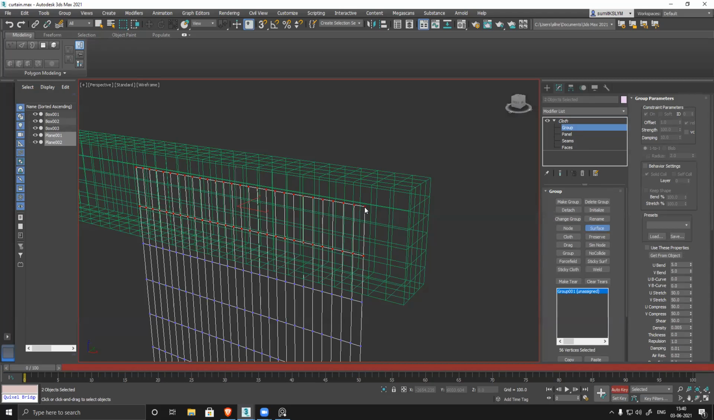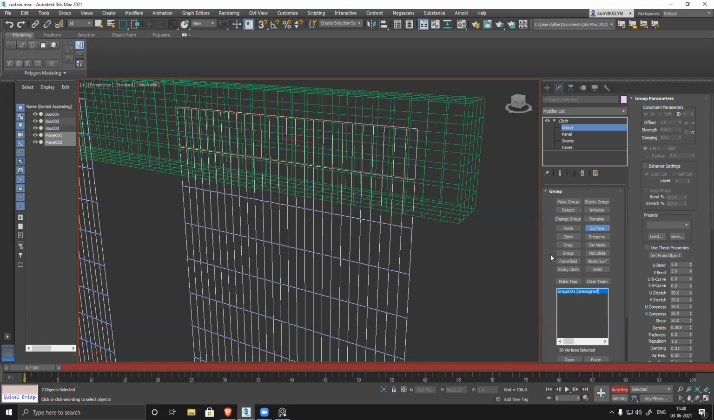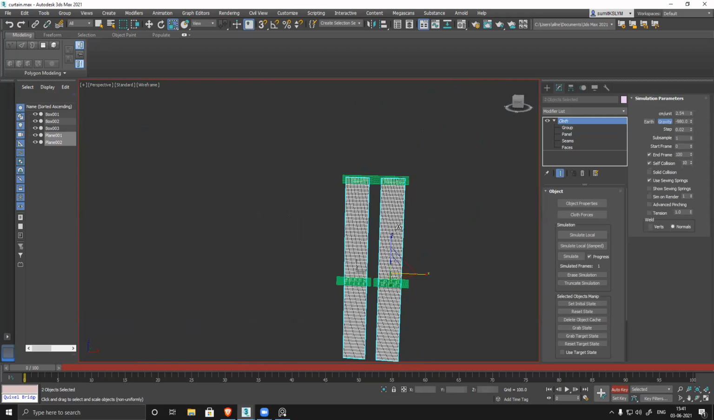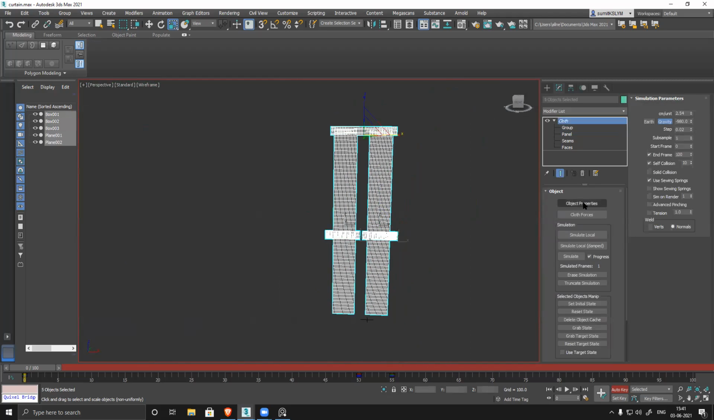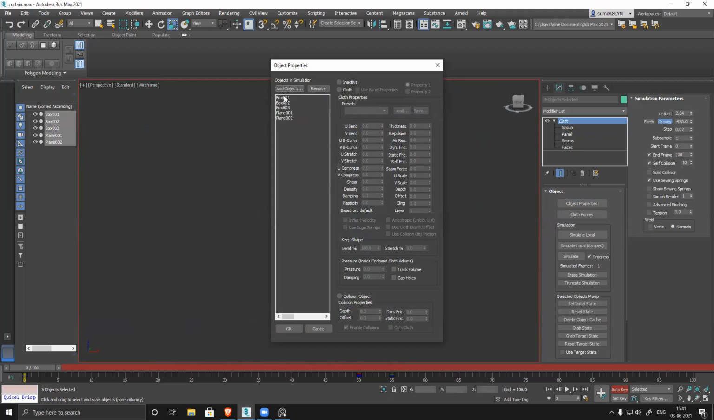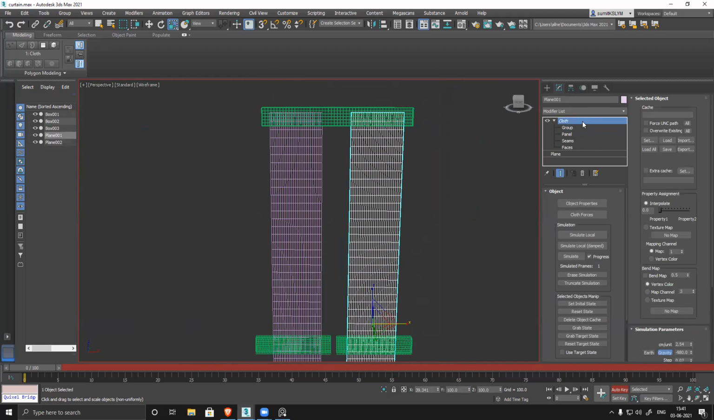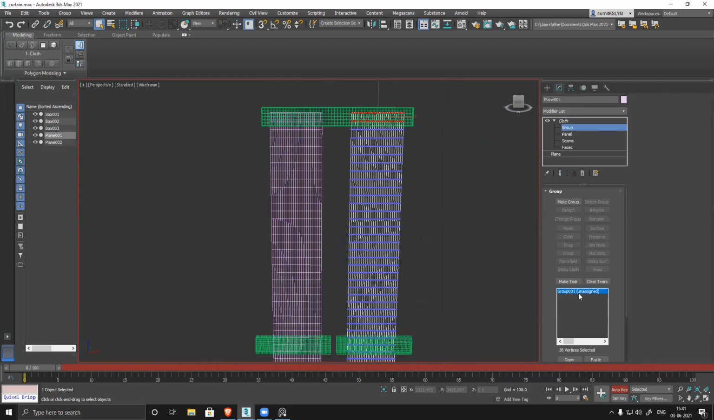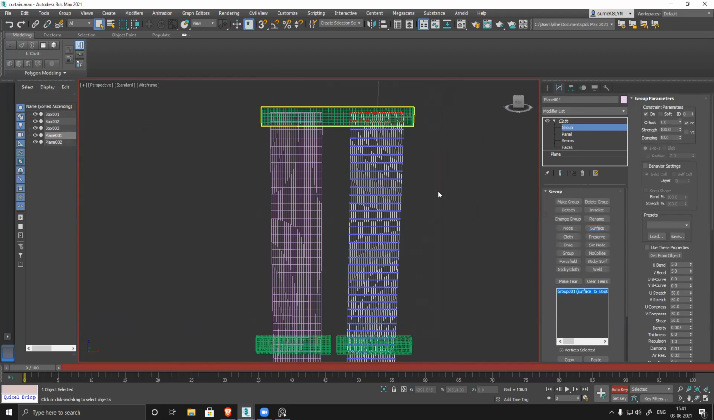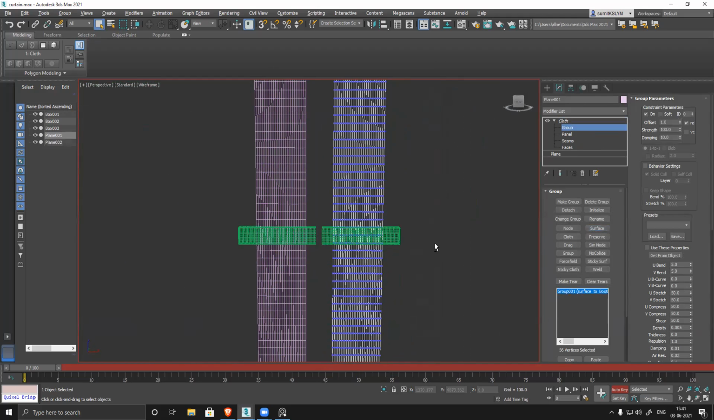Sir, I think you forgot to, sir, that object properties you forgot to. Oh yes, that's correct. That object property I forgot to do it. Yes, all three of the boxes are basically collision, and these two are cloth. So keeping it default only. Cloth, select group surface. Yes, now it's working. Yes. Similarly,